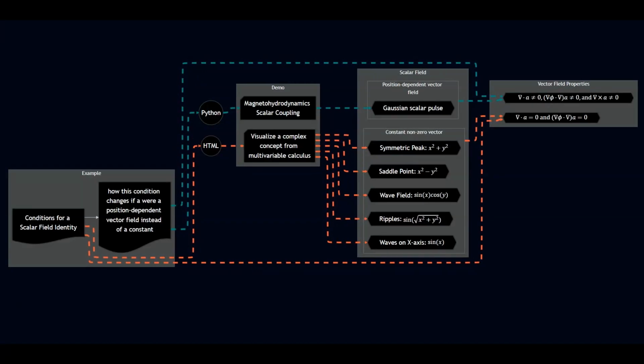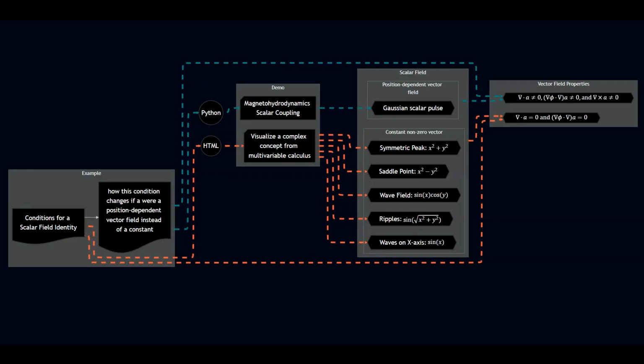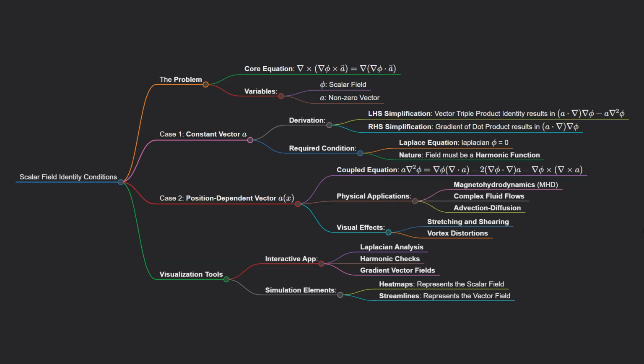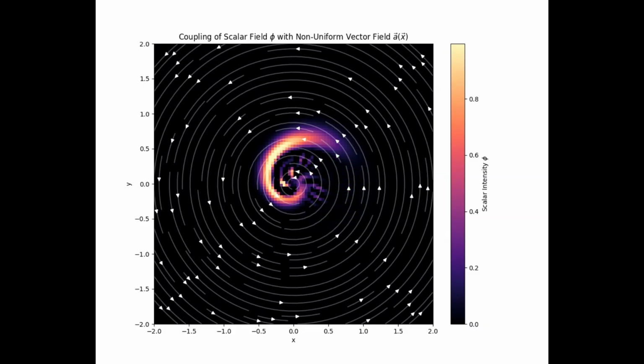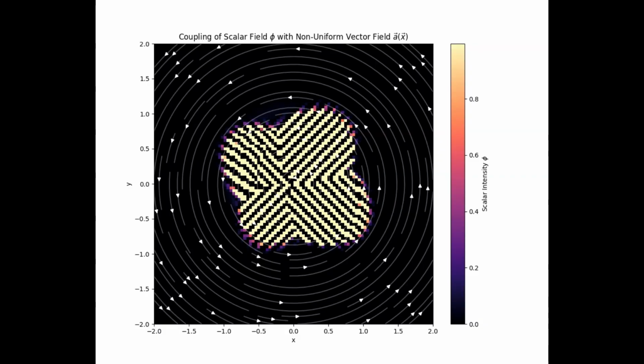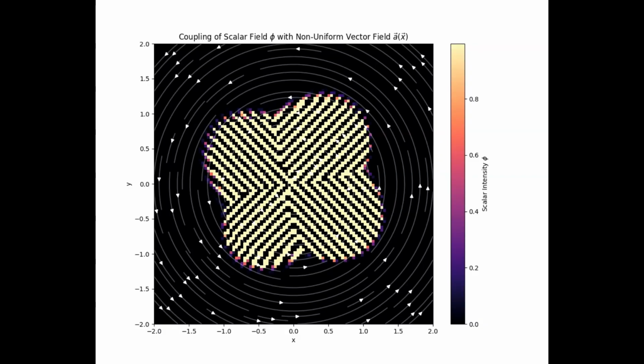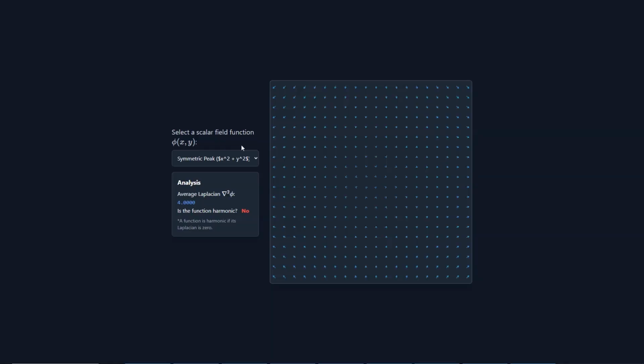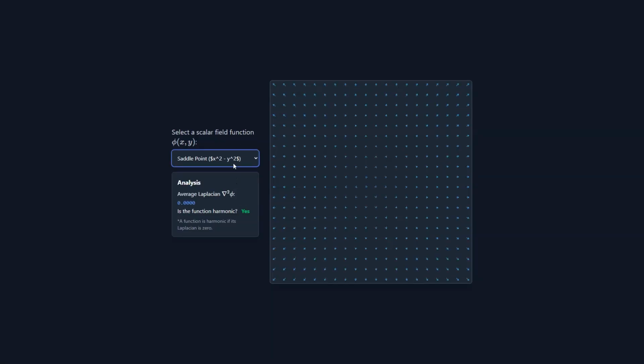To understand the relationship between a landscape, a scalar field, and the forces acting upon it, a vector, we can look at how they must balance one another to satisfy specific mathematical rules. Imagine a landscape, such as a topographical map of a mountain, where every point represents a specific value like elevation or temperature. If we introduce a force, like a steady wind, that is constant and never changes its strength or direction, the landscape must satisfy a very specific condition for their interaction to remain in balance.